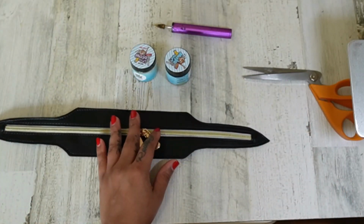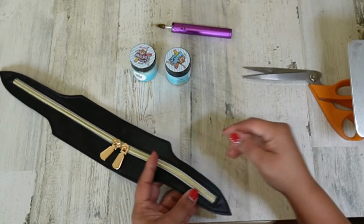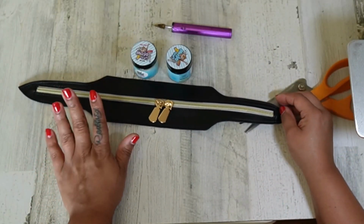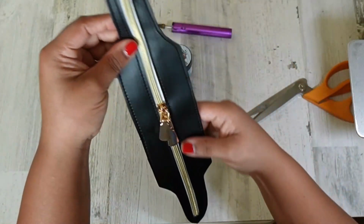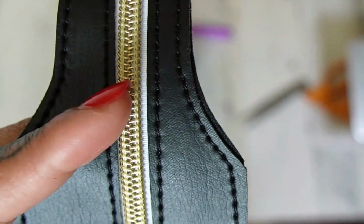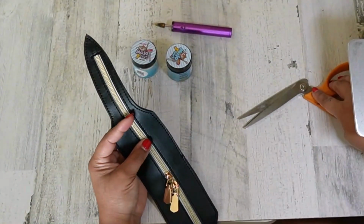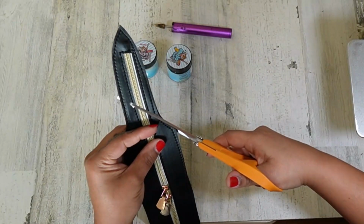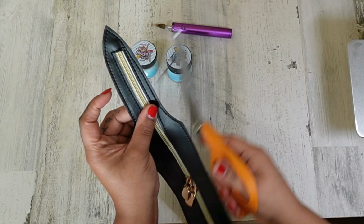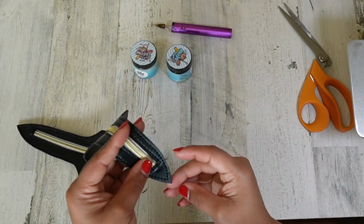Okay, outside of that, what you want to do now is check out the edges and make sure that everything is aligned. If it's not aligned perfectly, then use the top piece as your guide to trim off whatever's a little bit off. So you can see, like right here, I don't know if you can see it or not, there's a little bit of extra of the bottom showing. So I'm going to use my top as a guide to trim that down so that it matches. Top is the guide, the top is the guide. All right, now once you've gotten everything matched up to your liking,